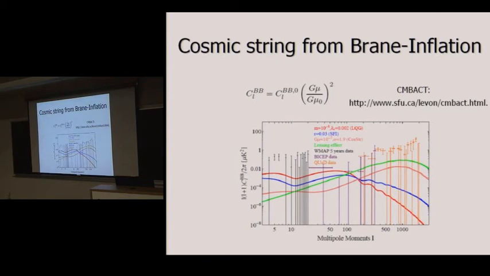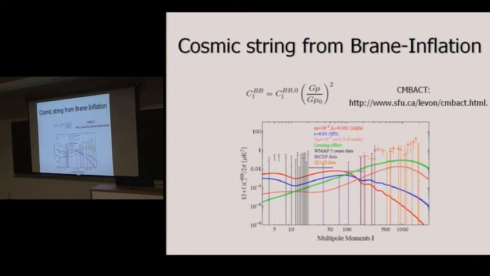But at higher L, this pink line is well under this green line, which is the lensing effect. So if you want to see any signal from cosmic string, it becomes quite difficult,